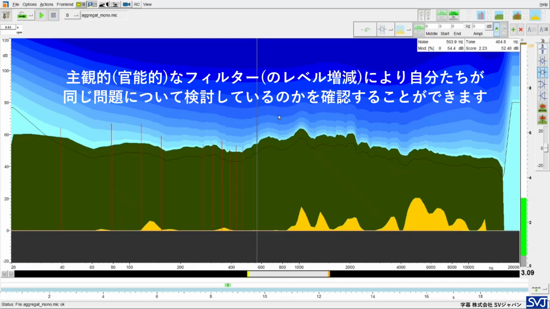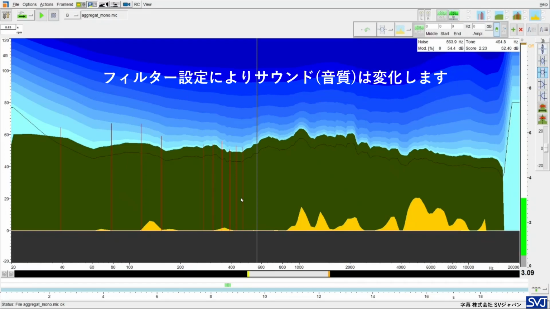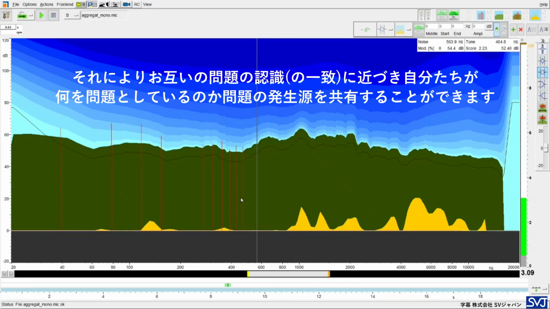So once we have filtered and subjectively checked that we are talking about the same things, afterwards we can be sure that we are talking about the same part of the problem. So we can use these different filters for different parts of the sound, and with all these kinds of filtering and changing the sound, we can come close to each other on what we are talking about